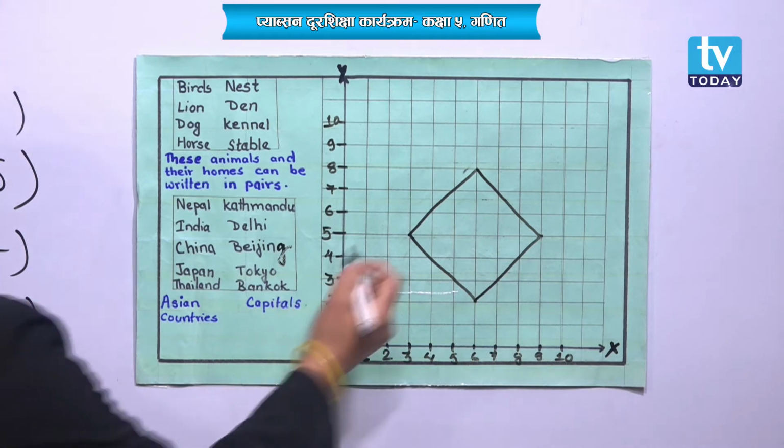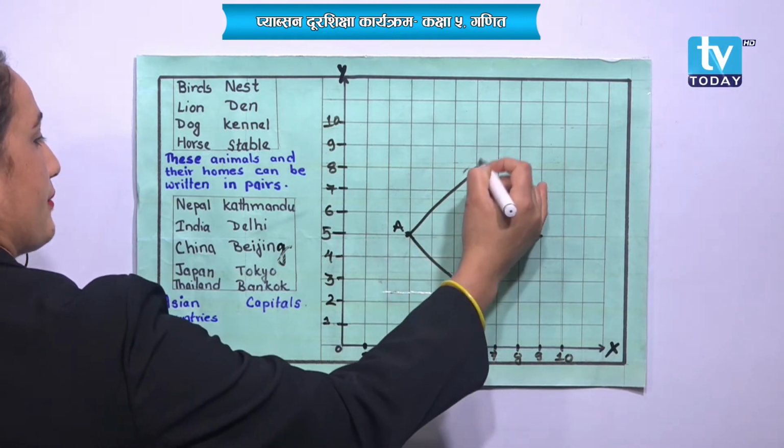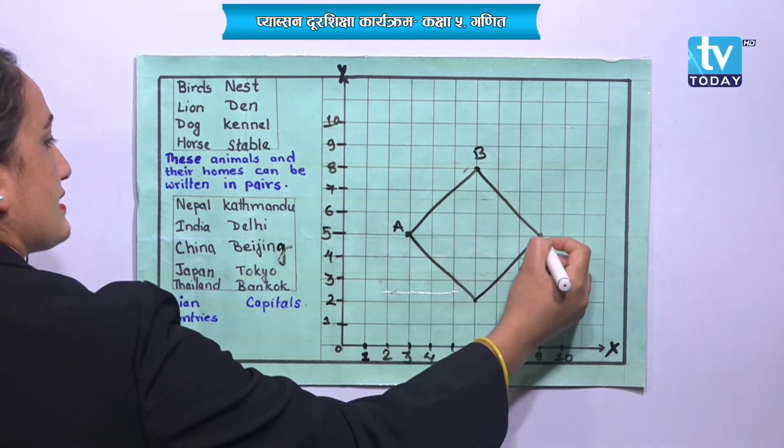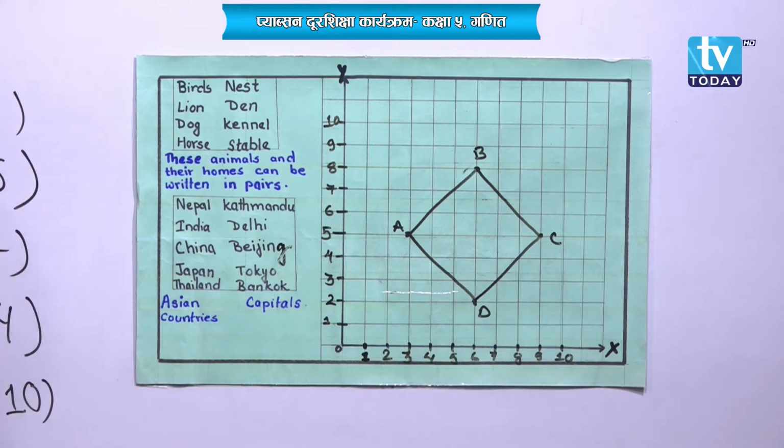First of all, let's plot a point as A, this corner B, this C, this one D. A, B, C, D. So, here, have a look. Now, you have to find out the ordered pairs of points A, B, C, D of the picture of